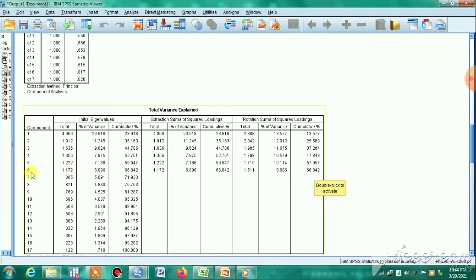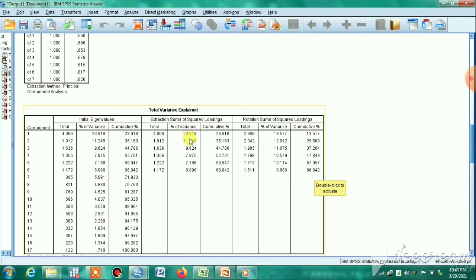At component 6 the eigenvalue is more than 1, and after that it is less than 1, so we should not consider eigenvalues less than 1. More than 1 up to 6 means there are 6 factors, which explain 66.84% of variability. For example, the first factor has a value of 4.06 and explains 23% of variance.